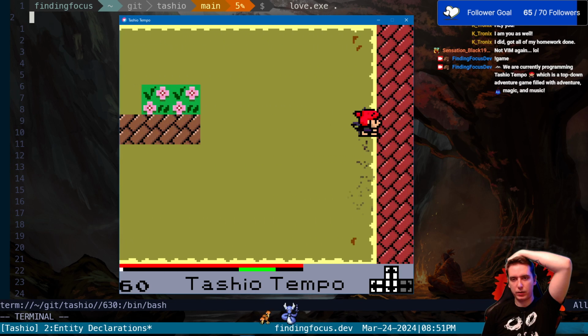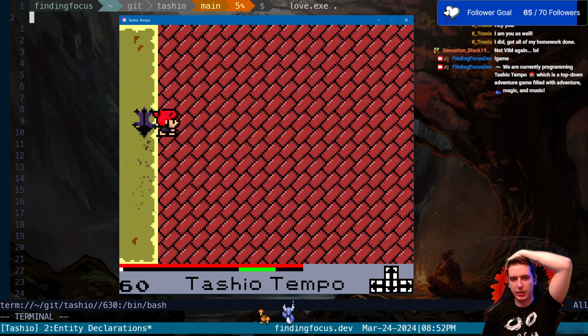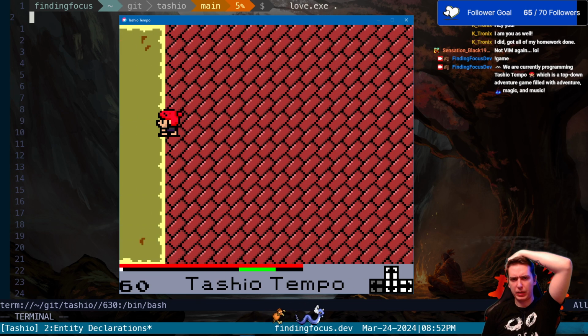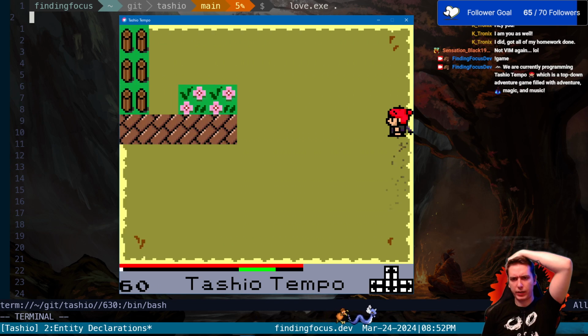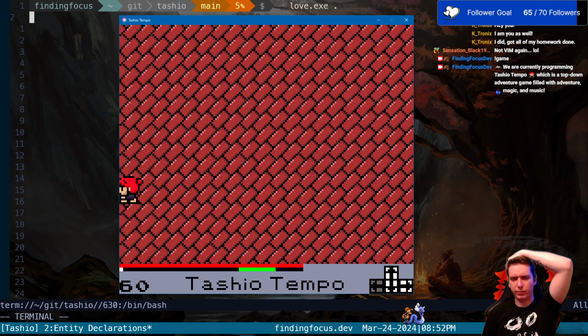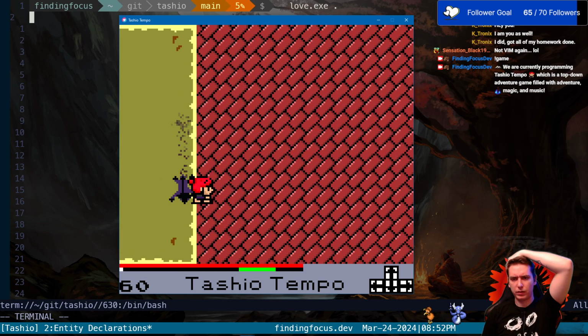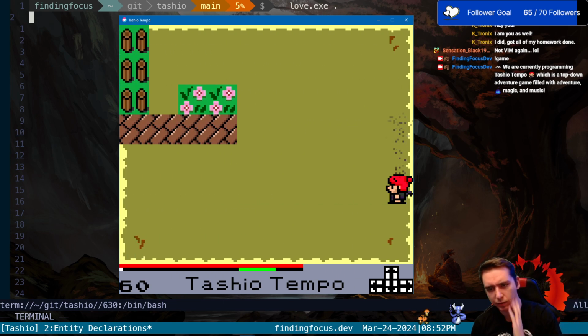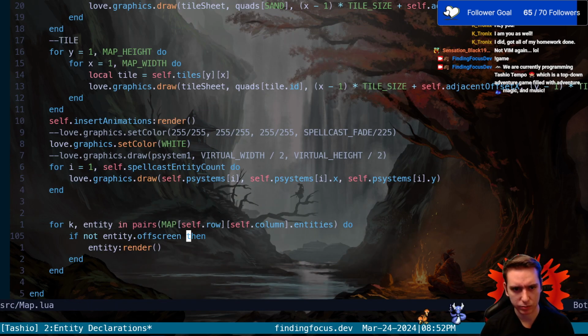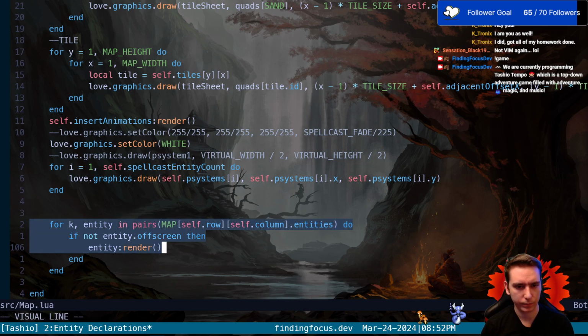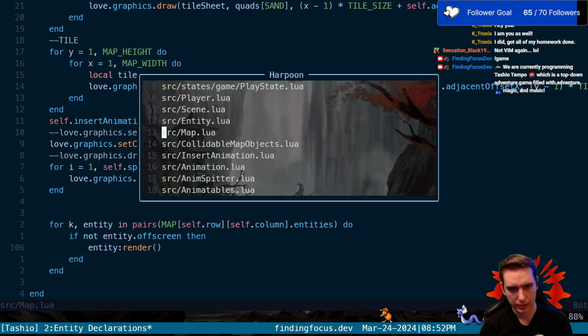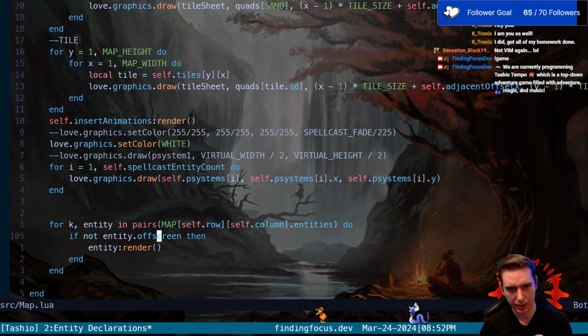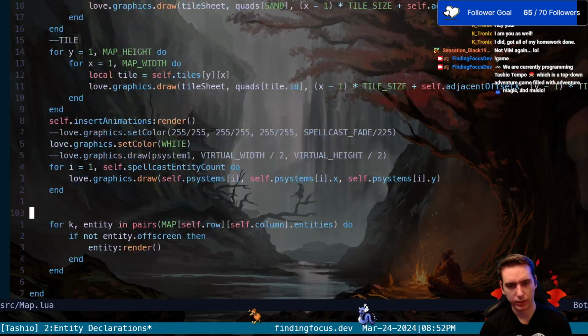Now we're not updating him yet. I guess I'm confused why he's scrolling off the screen. I mean, he's part of the map, so he would scroll off. So how come he's not scrolling on, correct? Because we're rendering the entities of the current row. Yeah, why? And you would think that